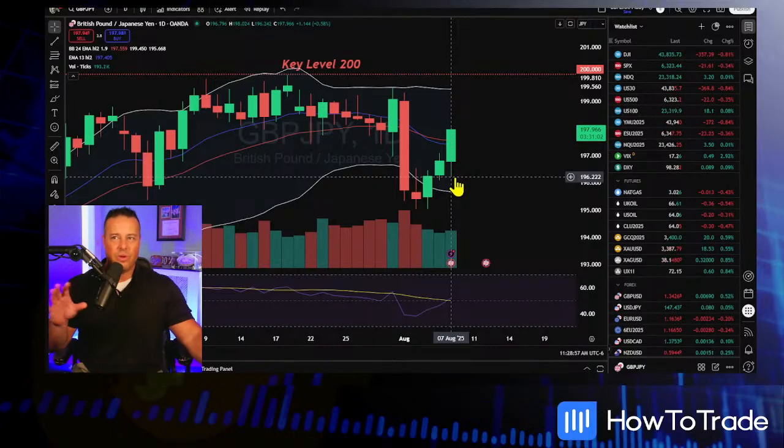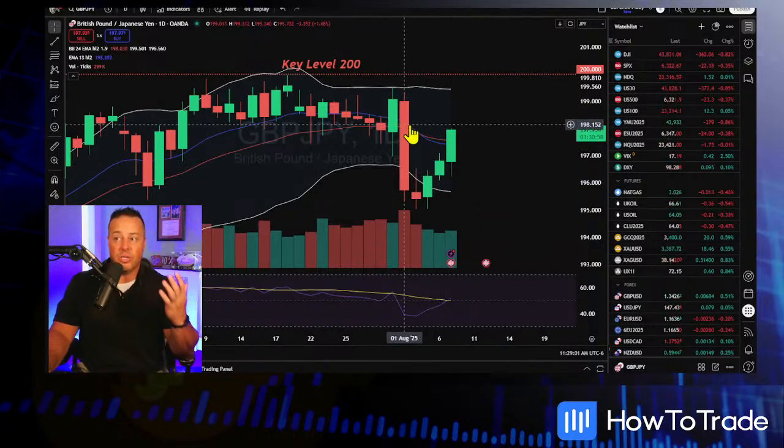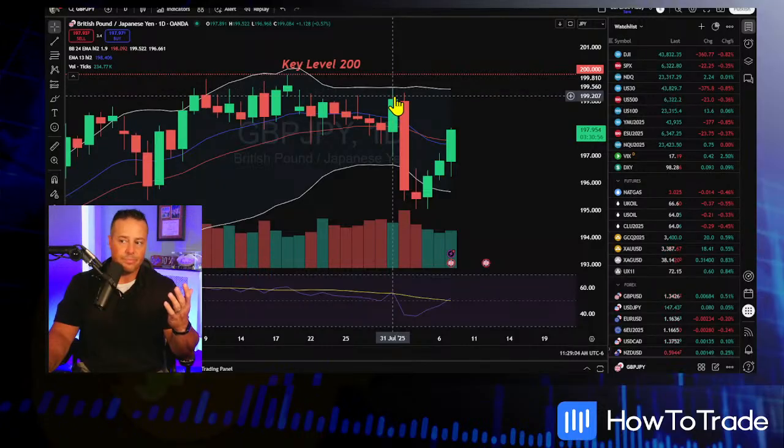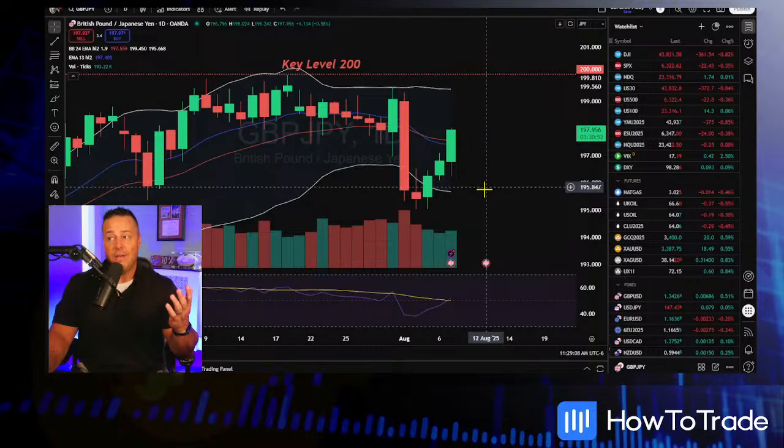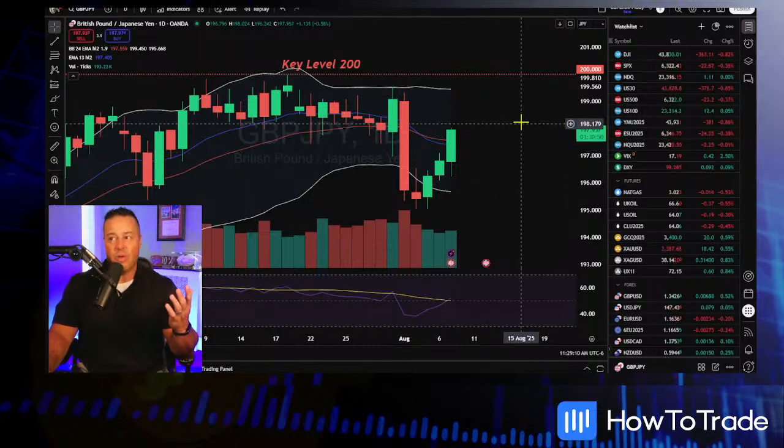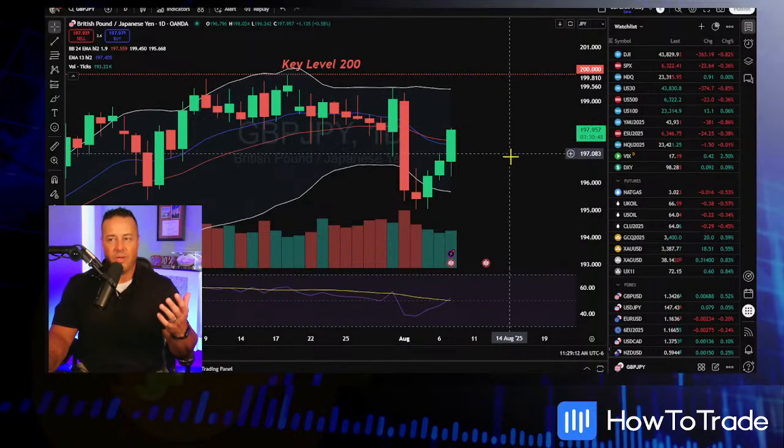And we're going to switch to a 920 here. Maybe we can get a position, maybe we can't. But what you can do is really look at your key levels, 200. This spike high right here, you're going to be looking at that. We're at 199.50. That's a big one. We're still about 200 pips off of this. I think you got a pretty good shot to get up there.